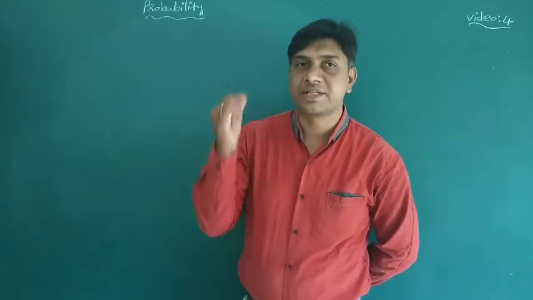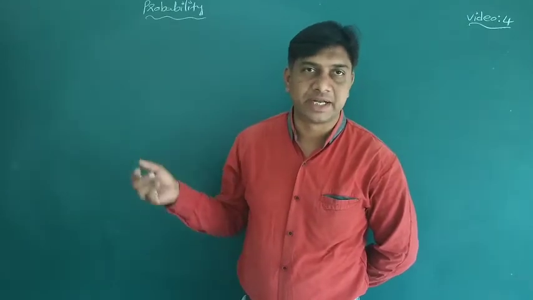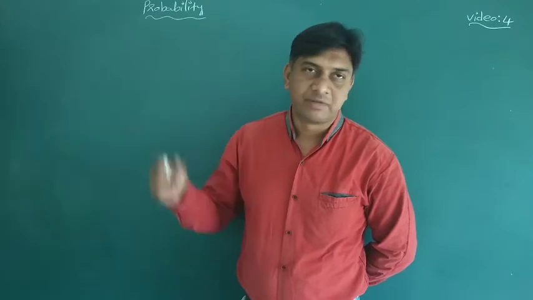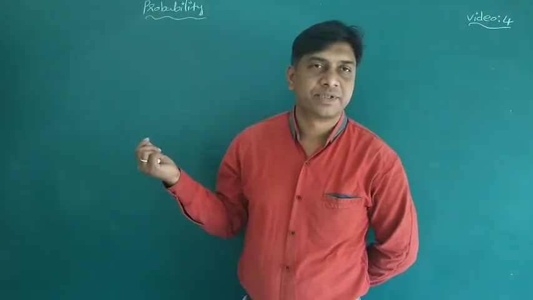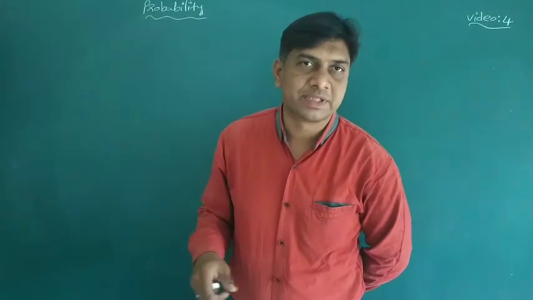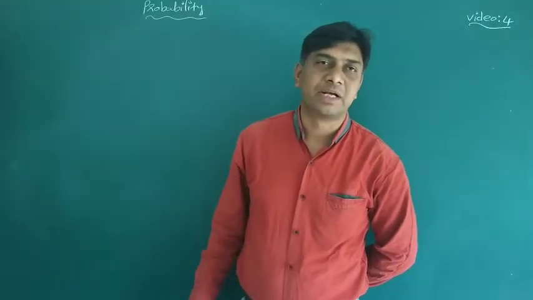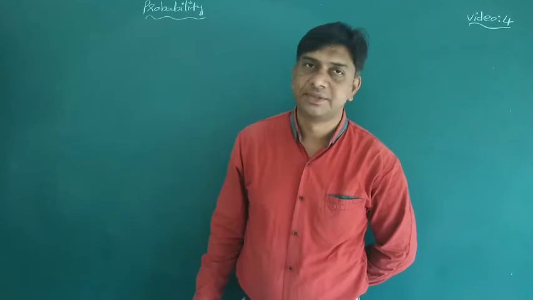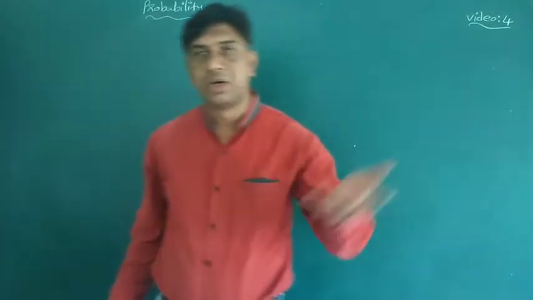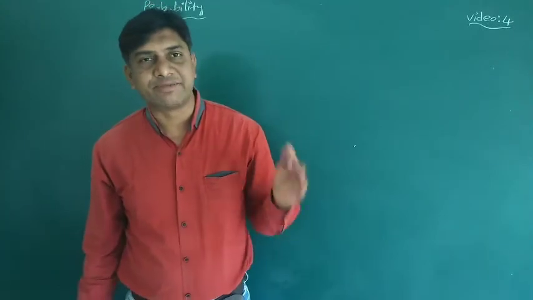When a coin is tossed, what are the outcomes? I wrote head and tail. When a coin is tossed twice, I wrote the outcomes. When a coin is tossed 3 times, I wrote what the outcomes are. And to find those outcomes, there is a formula, 2 power n, like subsets only. That also I gave. And when a die is rolled, what are the outcomes? 1, 2, 3, 4, 5, 6.